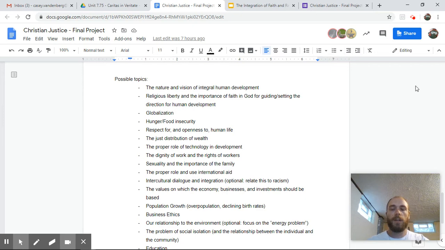Well, what you need to do is think about what is threatening that vision of integral human development that the church is proposing. So you have to know what that vision is, and then look at what things are currently threatening that form of development. Highlight those. Say what basic human goods are being threatened, what rights are being violated, what types of justice, etc. And then question number 6: what is this vision of integral human development that the church is proposing in contradiction to those injustices?